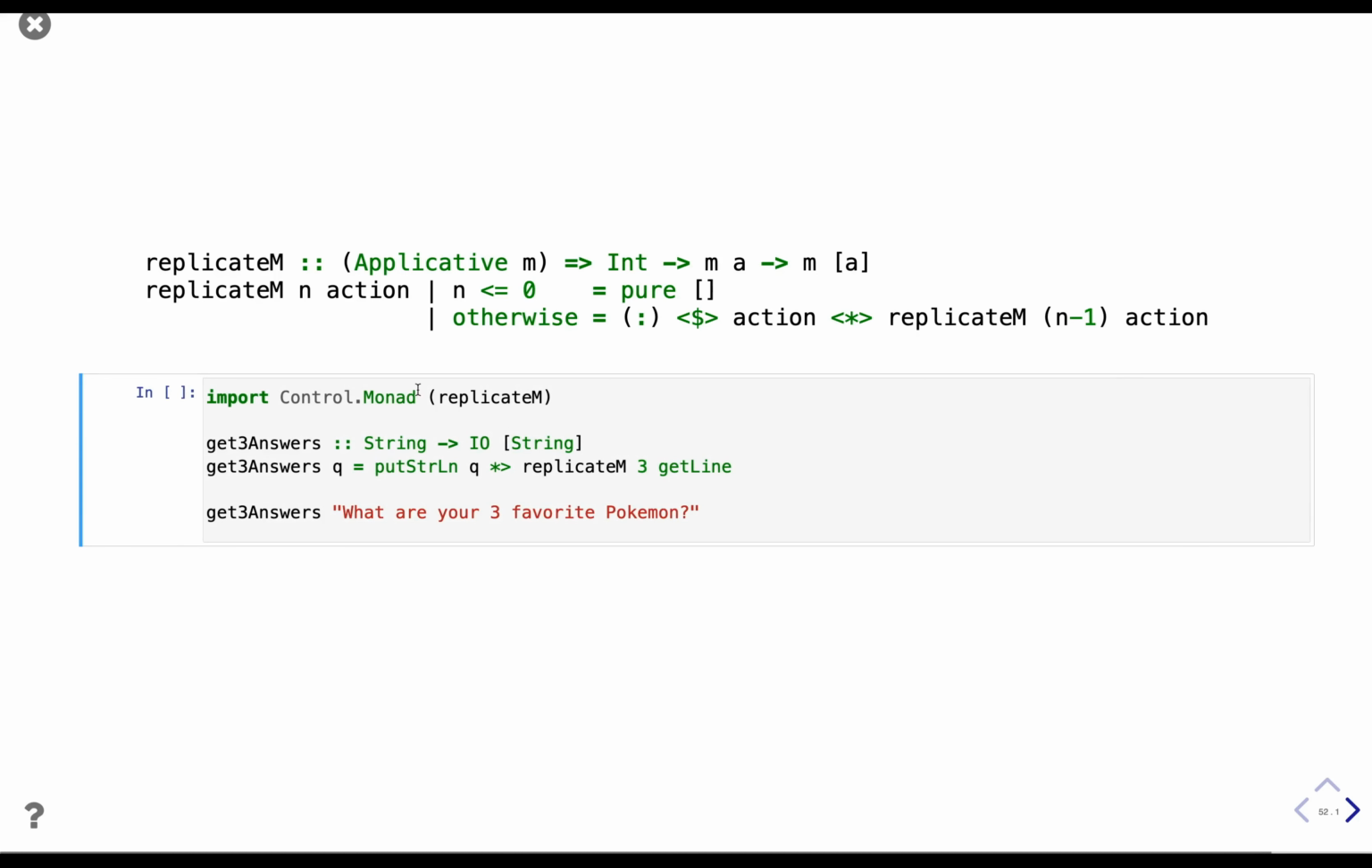We import the replicateM function from Control.Monad, and we create the get3answers function. This function takes a string, which is the question we want to ask, and returns an IO function that, when evaluated, gives you back a list of all the answers someone provided. Let's see how we implemented it. We take the question as a parameter, and then we use this sequence operator to first print the question, ignore the result, and then use replicateM to run the getLine effect 3 times